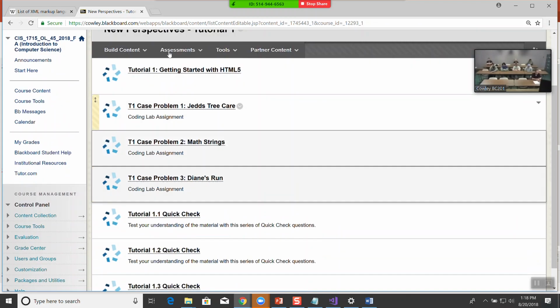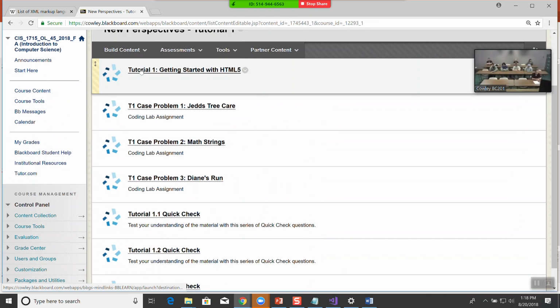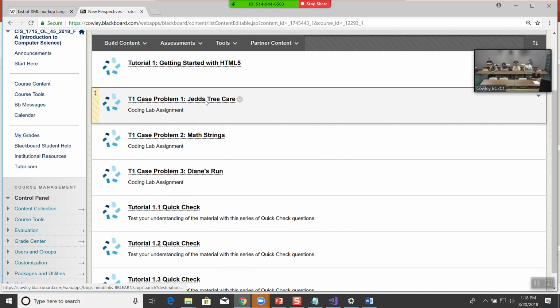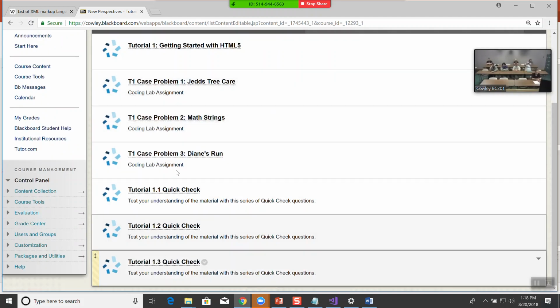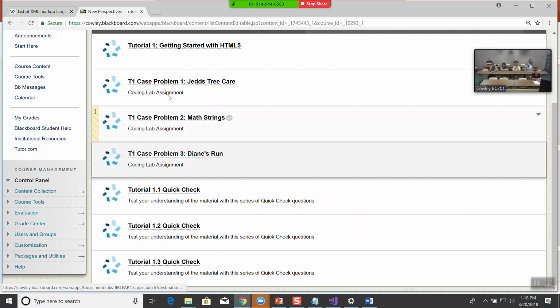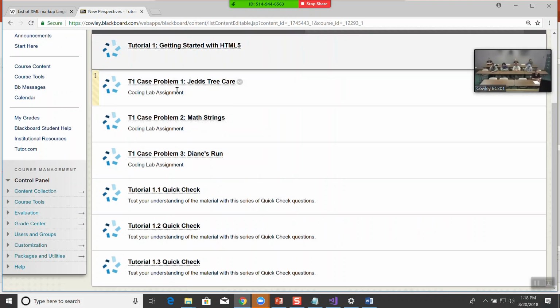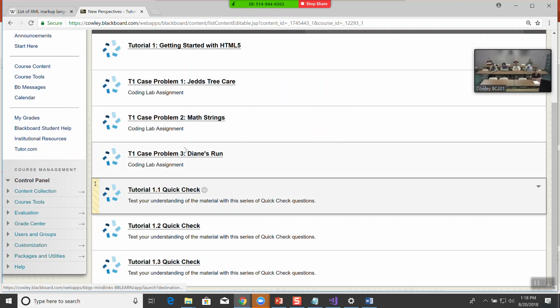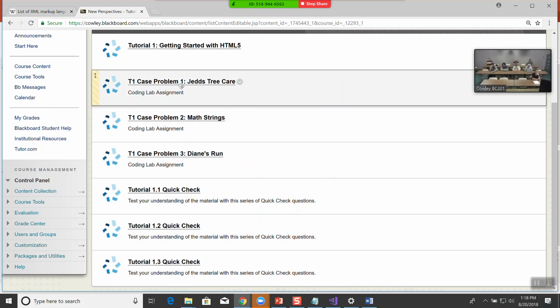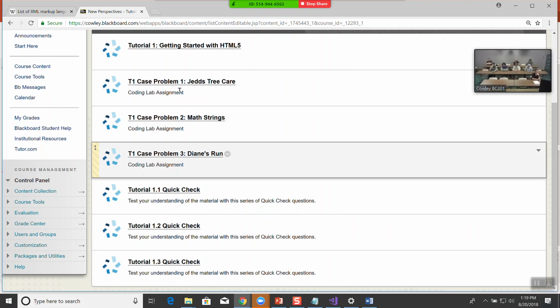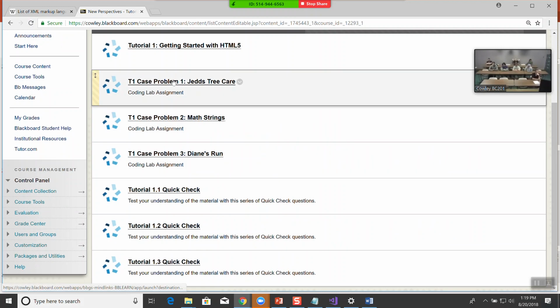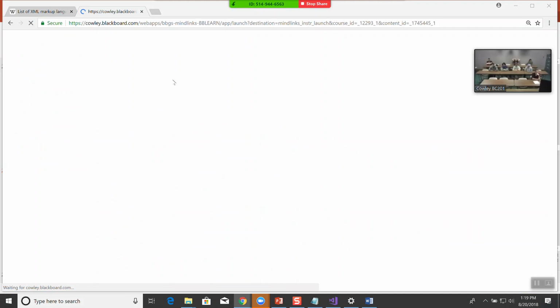The tutorial here, the first item will be for reading purposes. So you can go here and read all the different items. And then for the graded portion, the part that's graded, I'll put them down here. That's all you ever see. The first one will always be your reading, and then these will be your graded part. Now, even though I say that, some of these still are just reading, not in this one particularly. Now, if I click this Jed's Tree Care,